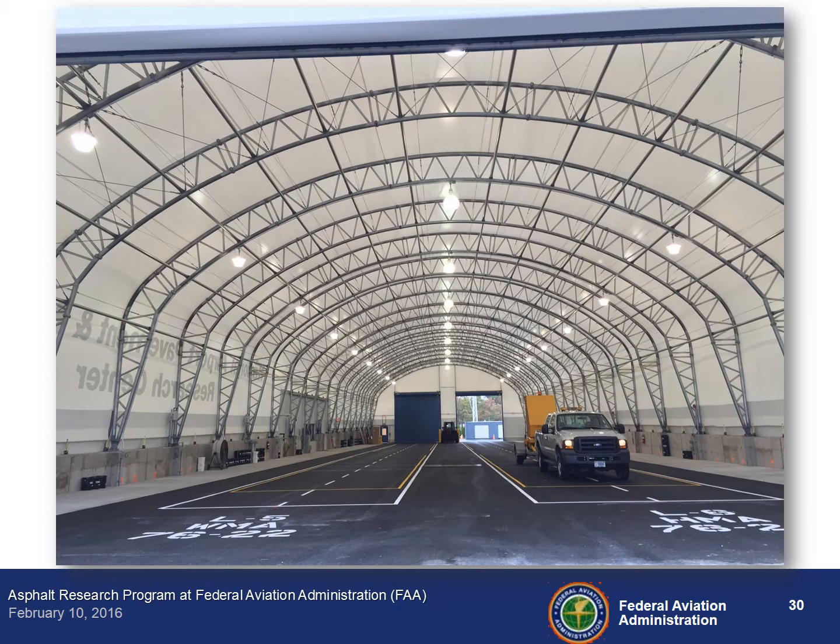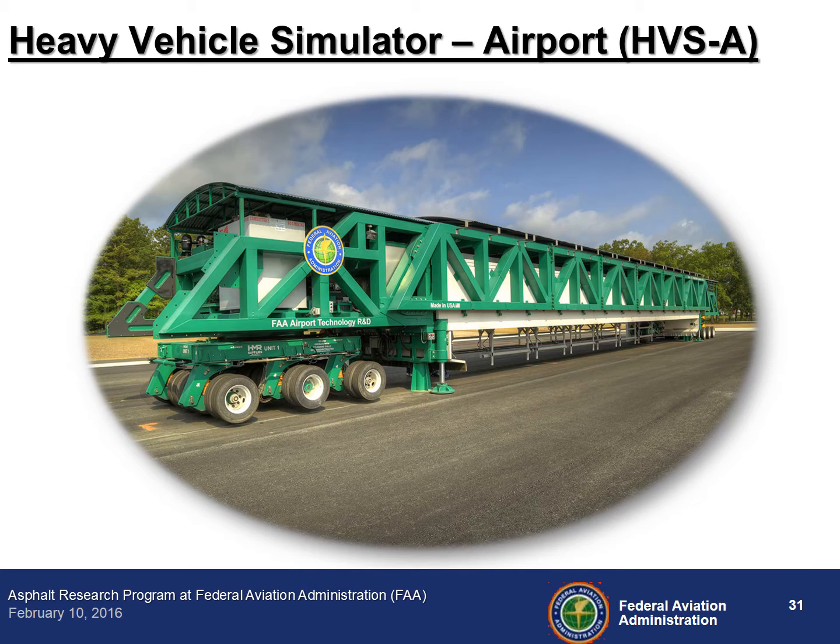Here's a view of the inside test lanes. There are 2 test lanes. And this is the test vehicle, and we have an environmental chamber, and there are heaters. So we can set the test temperature, and there is an automatic control system that